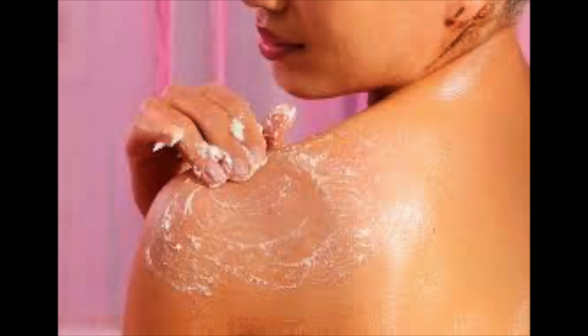My third step is to exfoliate. Just as we exfoliate our face, we need to exfoliate our body. Our skin turnover is slower than it used to be, and that's why our skin is duller. So I find if once a week I use a skin exfoliation in the shower, I'm really happy with the